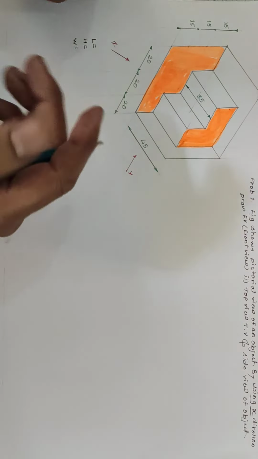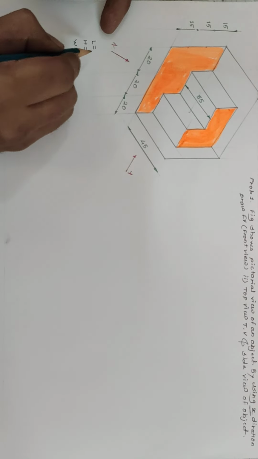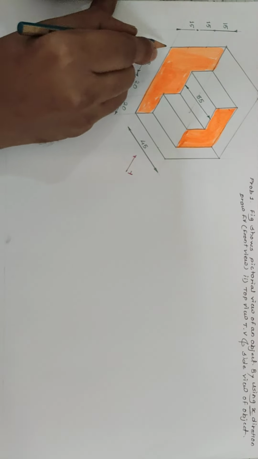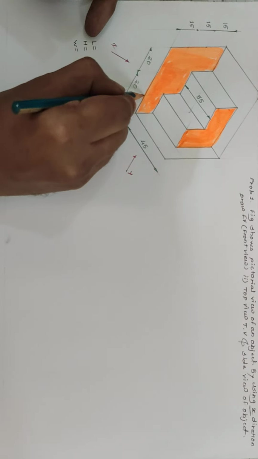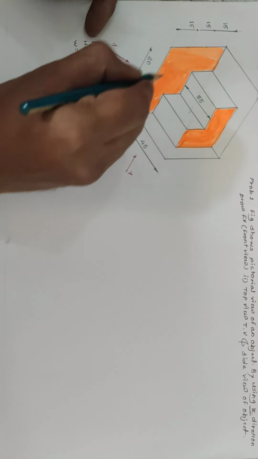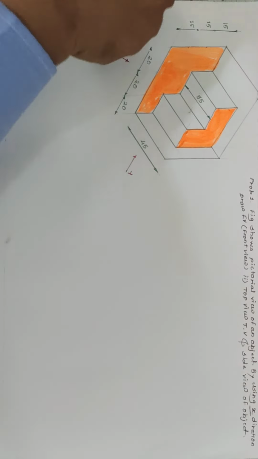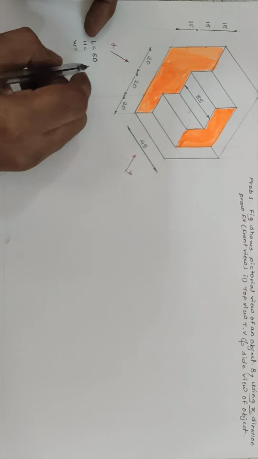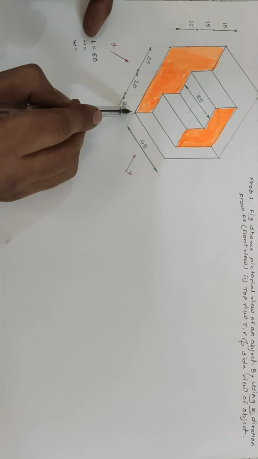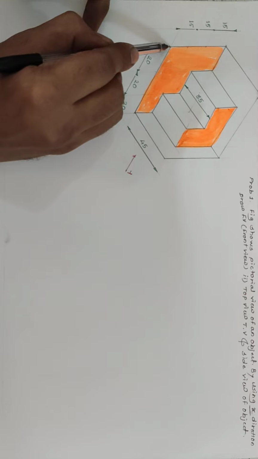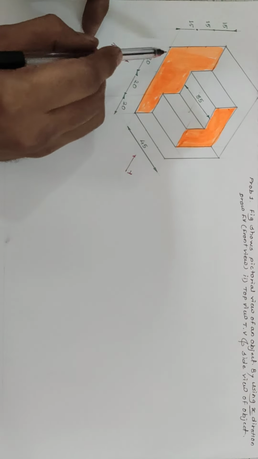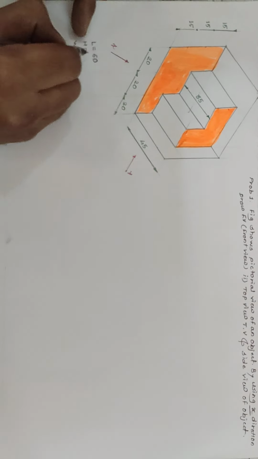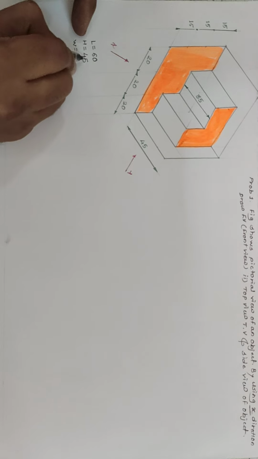Okay, next, initially in the front view we are going to calculate two parameters. The first one is the length of the object. It is a total of first corner 20 mm, first step 20 mm and third 20 mm. So the total length of the object for the front view is 60 mm. Then the total height of the object, we can calculate from the dimensions: 15 plus 15 plus 15, so the total height of the object is 45 mm.